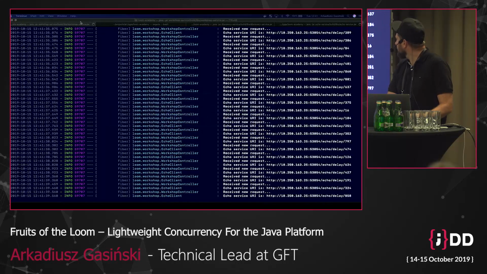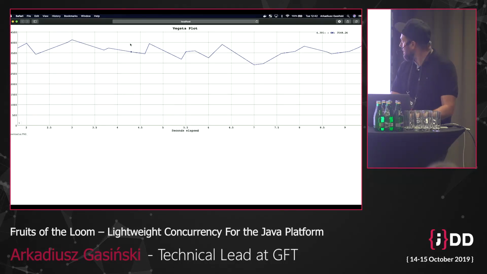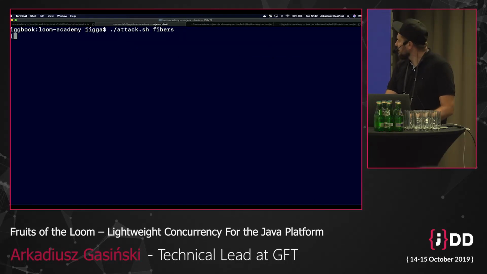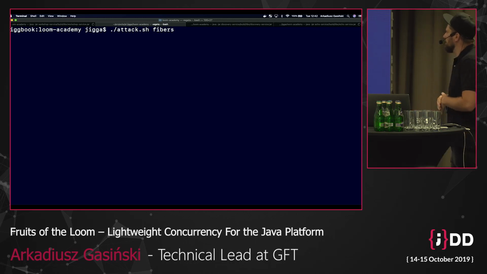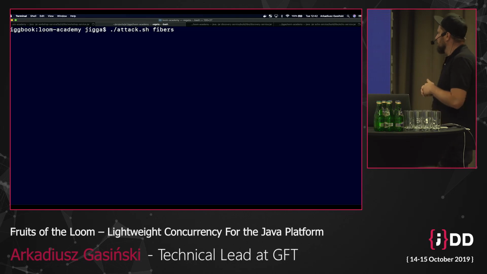Once it finishes, it generates a nice graph that we can see how it all looks. I'll try to show that graph in a moment. Okay, and let me actually see if that already finished. Not yet. So like we see, we have 2 threads. All the requests are processed in the context of the fibers, and it's only like 10 requests per second, so not that much of a load.